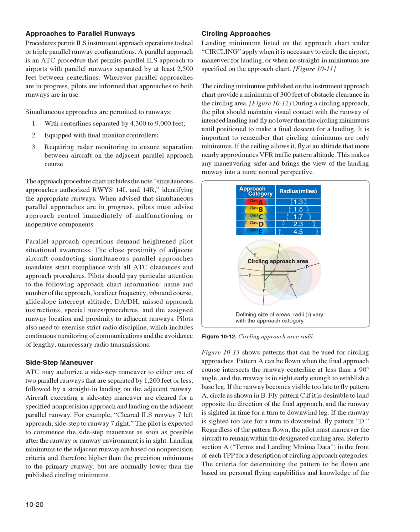If the runway becomes visible too late to fly pattern A, circle as shown in B. Fly pattern C if it is desirable to land opposite the direction of the final approach, and the runway is sighted in time for a turn to downwind leg. If the runway is sighted too late for a turn to downwind, fly pattern D. Regardless of the pattern flown, the pilot must maneuver the aircraft to remain within the designated circling area. Refer to Section A, Terms and Landing Minima Data, in the front of each TPP for a description of circling approach categories. The criteria for determining the pattern to be flown are based on personal flying capabilities and knowledge of the